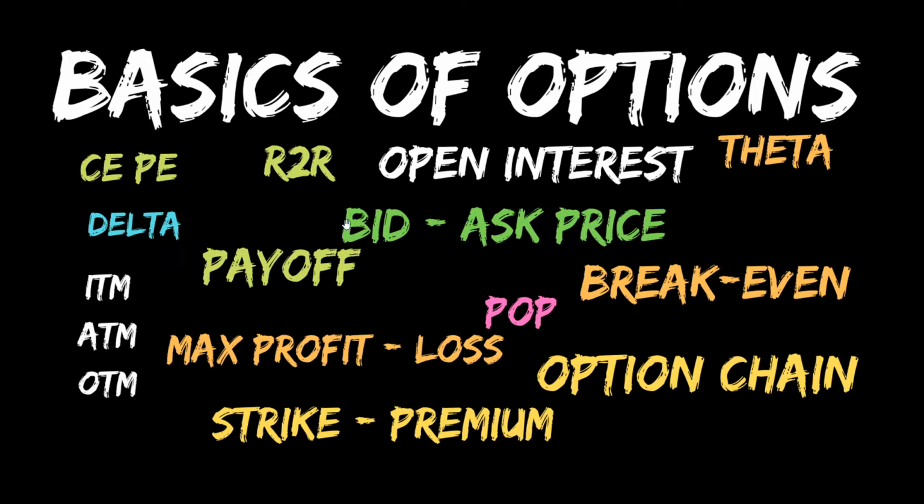Okay, great. Basically, today's session is on the basics of options. Options is a very complicated topic, so I'm not sure how I'm going to cover this, but I'll do my best in covering all the basics: what is CE, PE, what is C buy, what is PE sell, a very high-level look at delta, and what are ITM, ATM, OTM options. We'll discuss the risk to reward, and then what is open interest, what is theta. By the time other people join, this is the agenda for today.